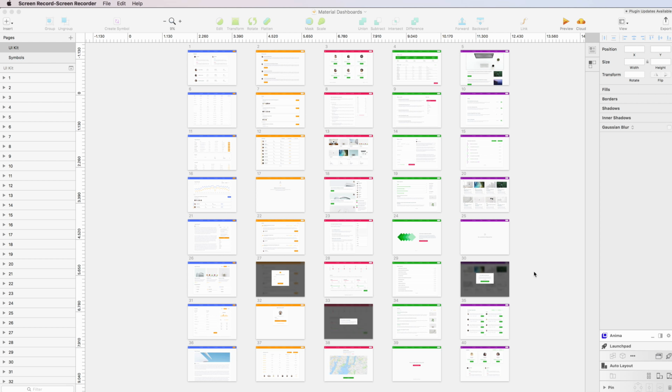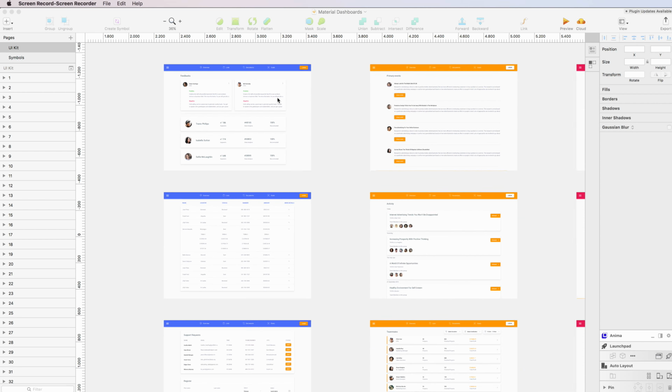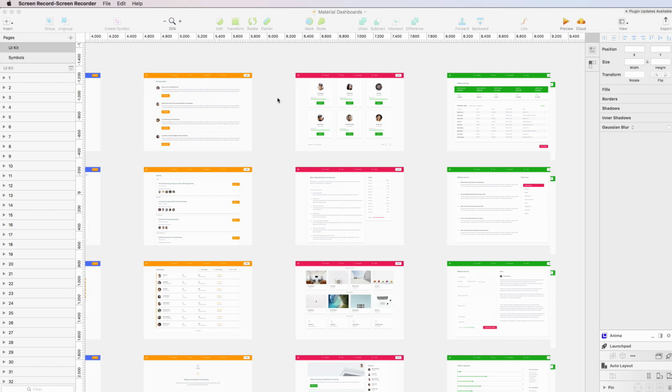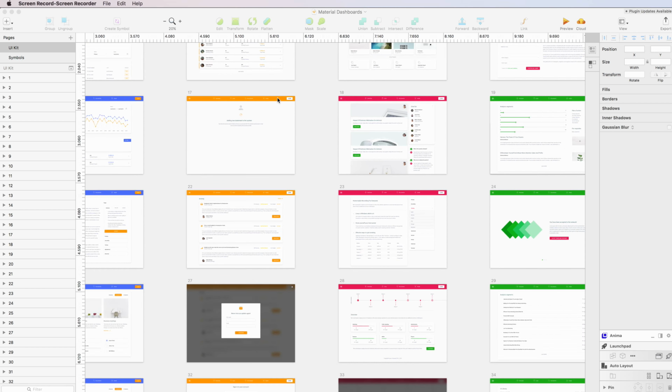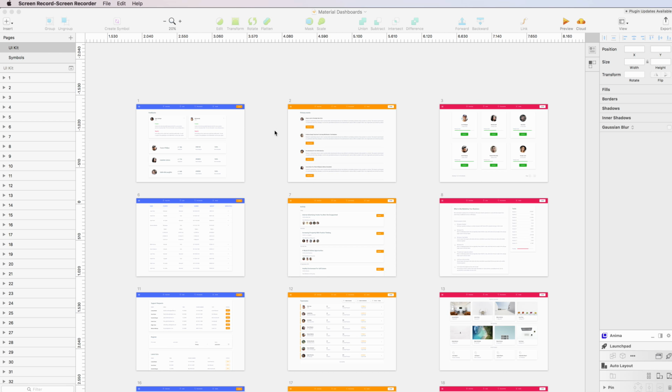In this video, I'm going to show you my new material design UI kit. This UI kit is composed of 40 material screens, and as you can see, these screens are all using different themes and colors, and you can literally modify the entire colors, typography, and also the symbols via this symbols